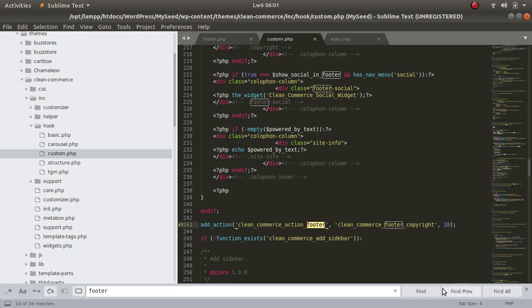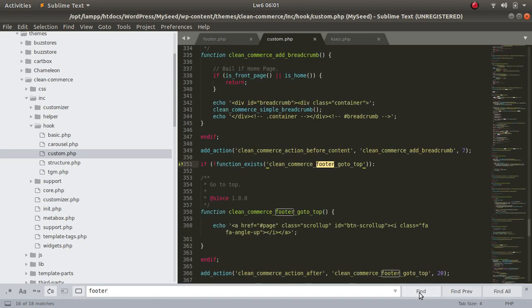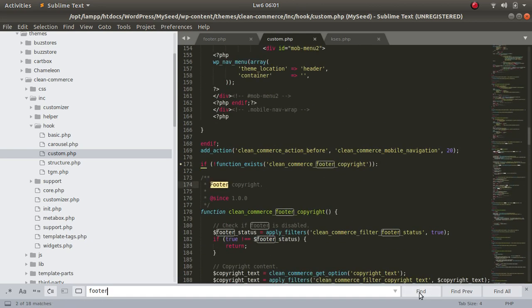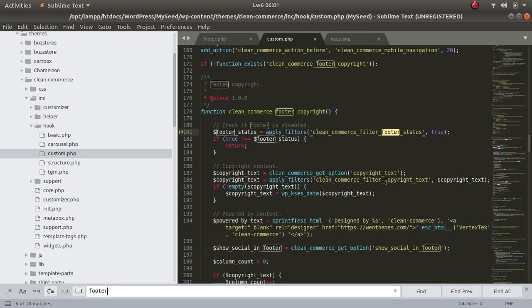Try to find footer to make it easy. Okay, here it is, copyright content.